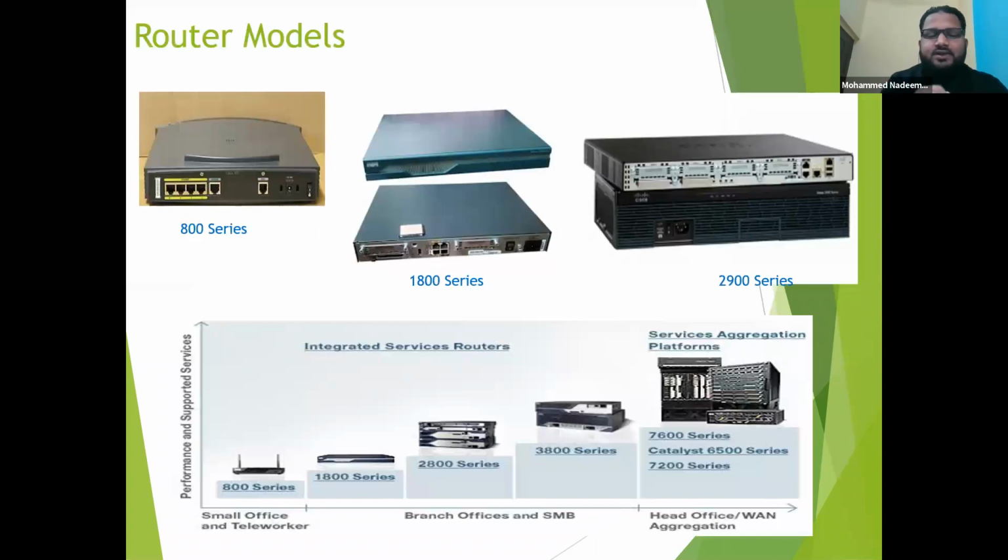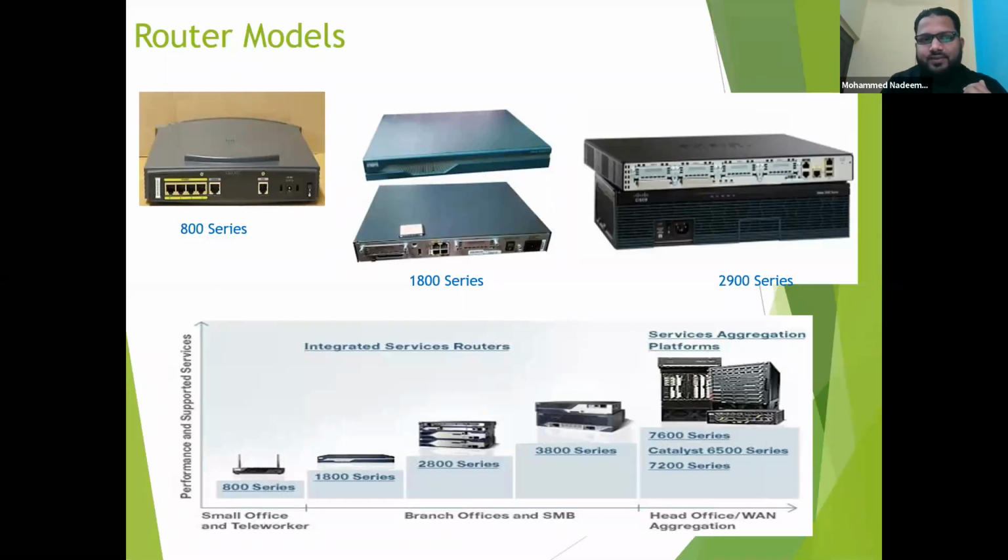And one more difference: a switch will have more interfaces, a router will have fewer interfaces, right? Because on a switch, your endpoints will be connected. You will get switches from 8 ports to 16 ports to 24 ports to 48 ports. Routers will have fewer interfaces. Why? Because a router will connect to your core switch, or to the ISP or your WAN connectivity. Your endpoints will not connect to the router.